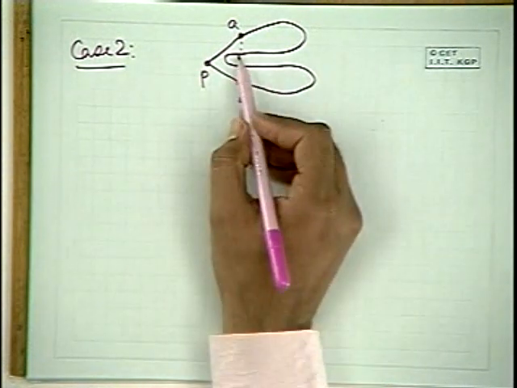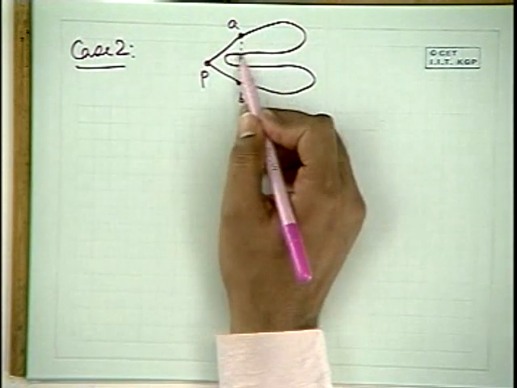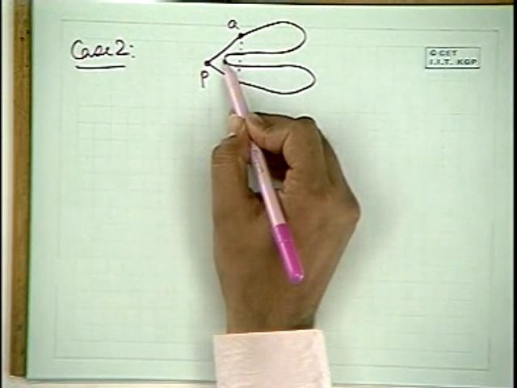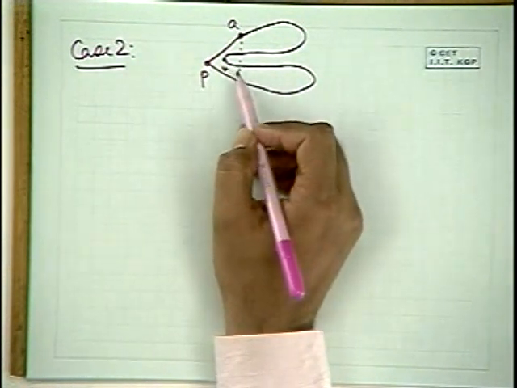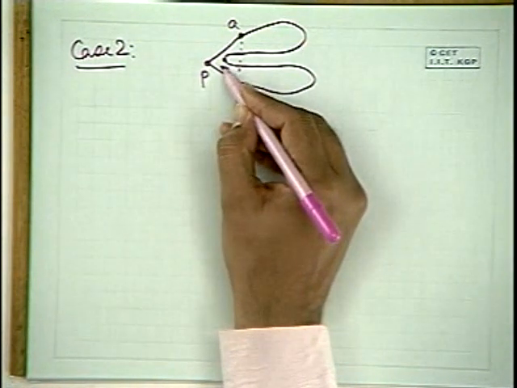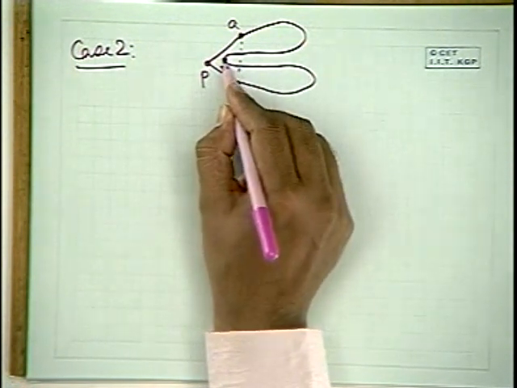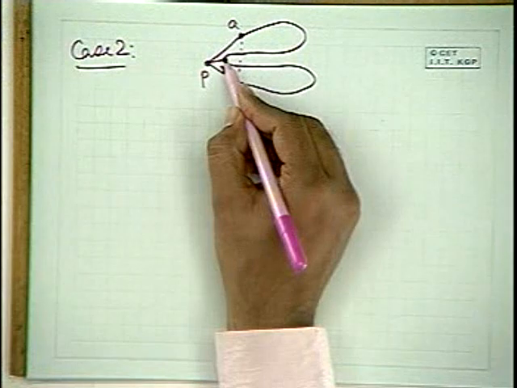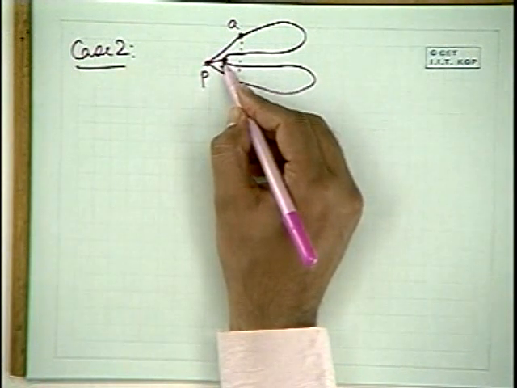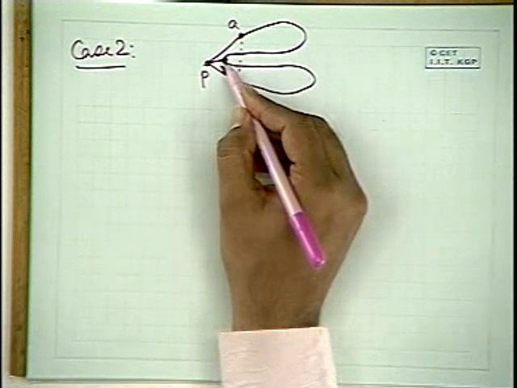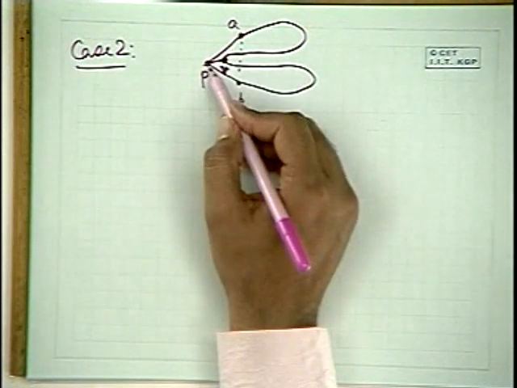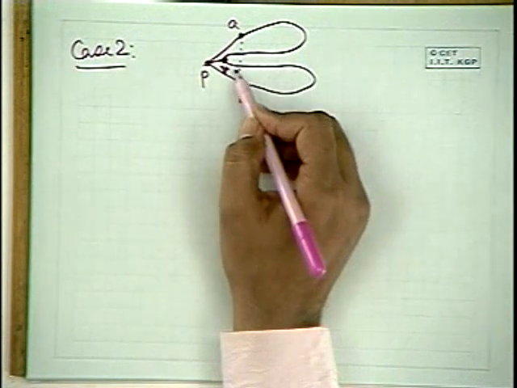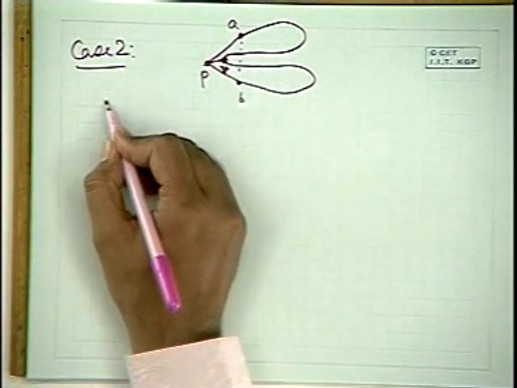So in this case, since the boundary is intersecting the segment AB, on that boundary there must be a vertex, say V, which is leftmost. Like here, what I have just drawn. There is a vertex V. And you join P and V with a chord. And I'm sure that this segment PV cannot be intersected by the boundary. Because if it does, then there will be another vertex which is nearer to P than V. But we have chosen V such that it is the nearest to P. So you draw PV,